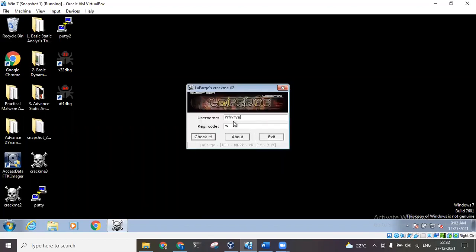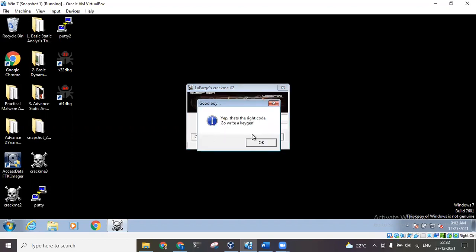If I give a longer one and click on check, basically whatever input we give, we are always able to bypass the password check. This technique is useful in cases where the password is not hard coded in the system, so we cannot disassemble or analyze the code to get the correct password. In this case, we try to bypass the condition which checks for the password. That is what we did in this particular demo.